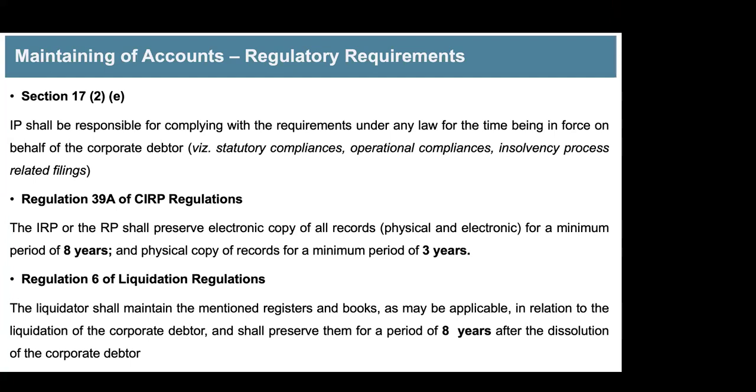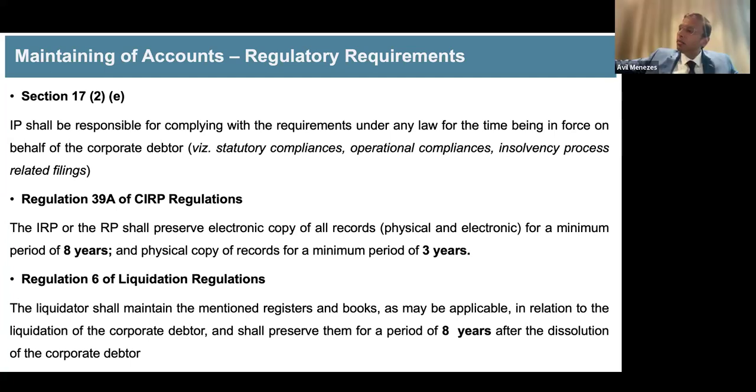In case of CIRP, if the auditor is a continuing one, whether we have to appoint a new auditor or the continuing auditor may continue to audit? The continuing auditor may continue to audit. You may also decide to appoint a new auditor. In case you want to appoint a new auditor, you will have to take approval of the COC, Section 28. So to answer your question, AGM formalities will have to be done.